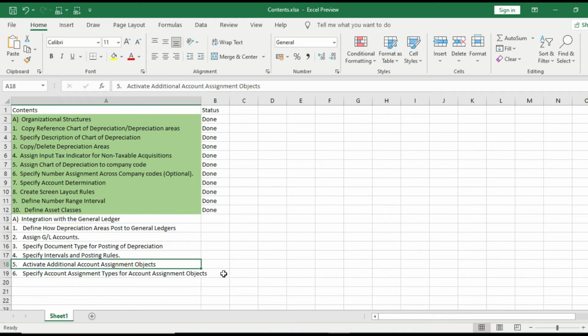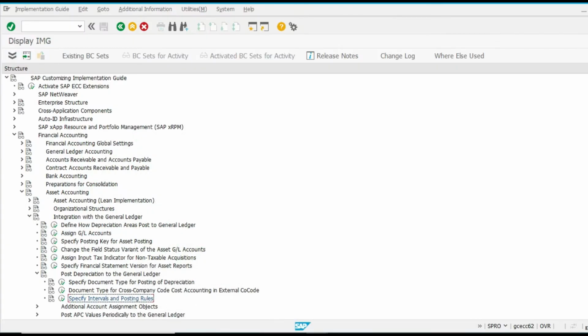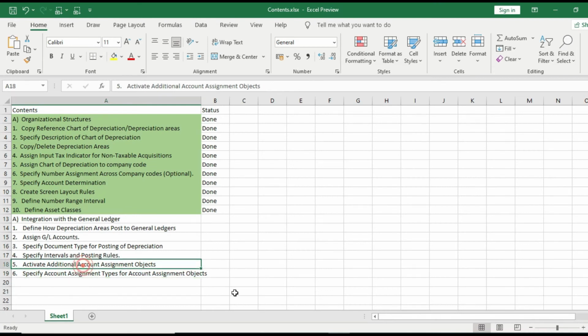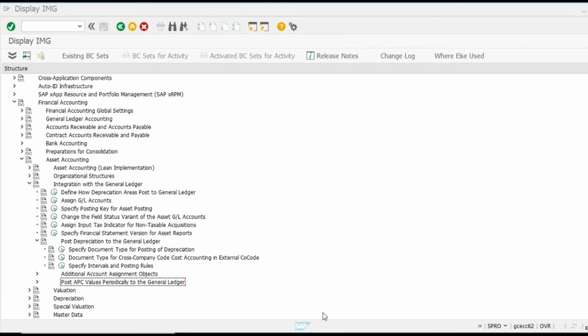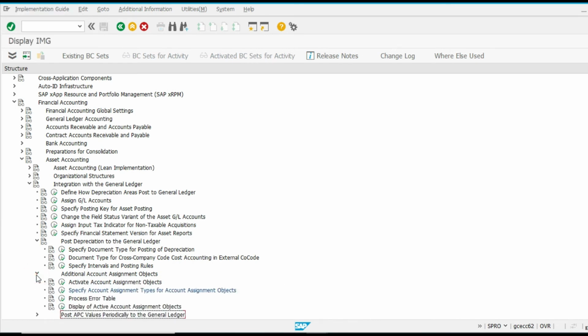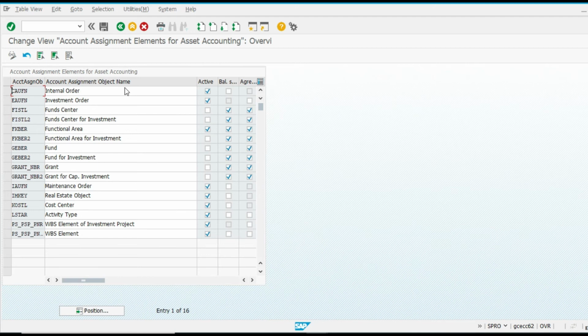Now go to activate additional account assignment object, then specify account assignment and assignment object. This is optional, not a must requirement. Additional account assignment is majorly for controlling purposes, like activate account assignment object. If you set active, then the system maintains information like internal order, investment order, functional area.